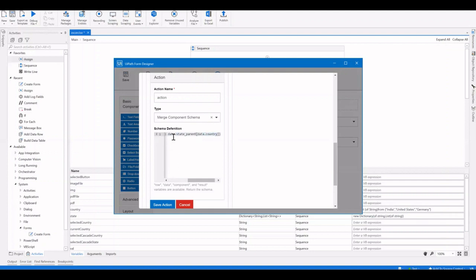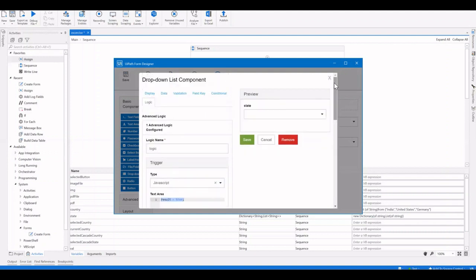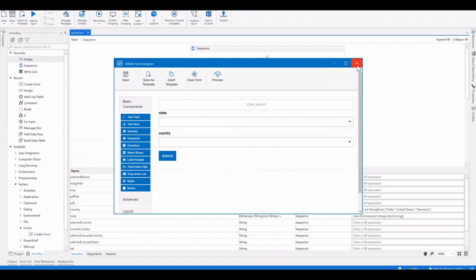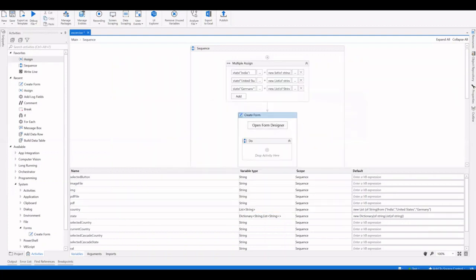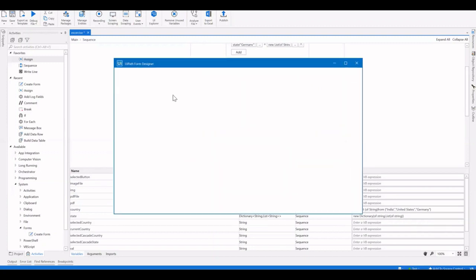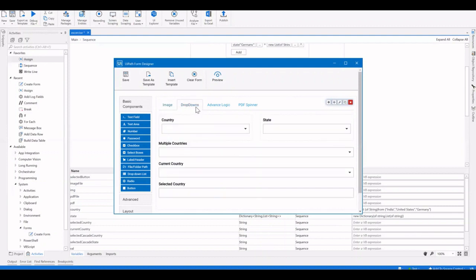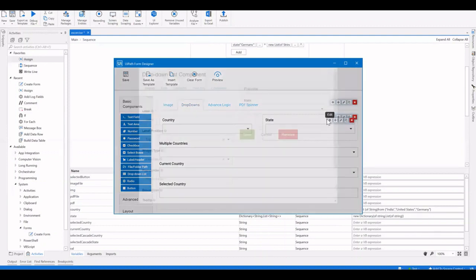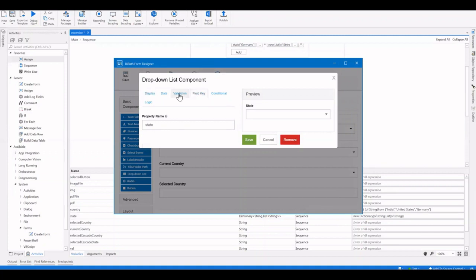So it basically means that the data is dynamically loaded based on the country parameter that is being chosen. And with that, since I have the same state and country configuration within my form that is created, I'll just copy the code snippet from here, and I can go ahead and paste it at the right place, which will be in the states part of it, the child